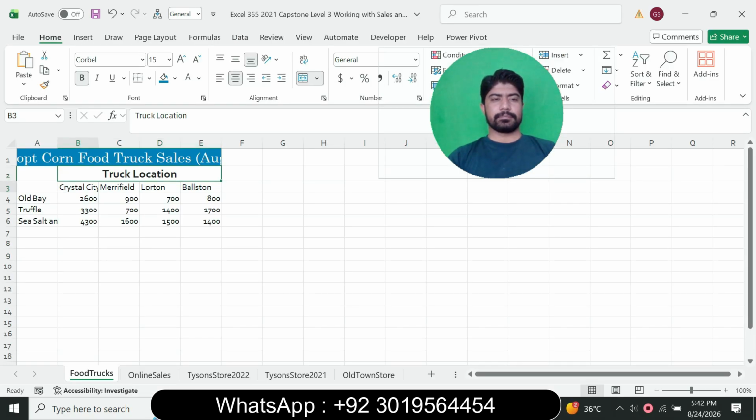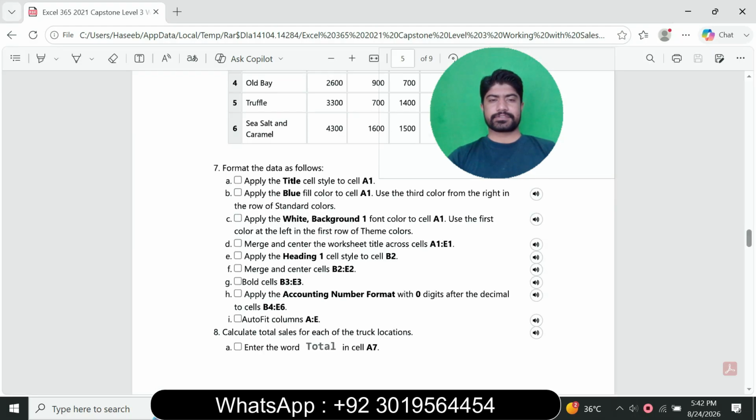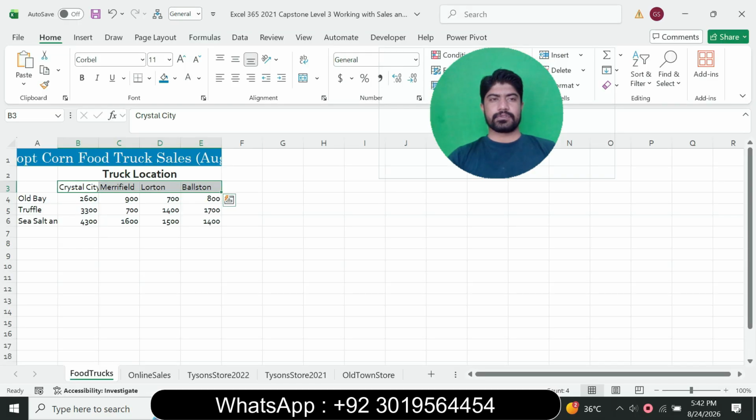Select the cell B3 to E3, bold the cell. So go to the Home tab, go to the Font group and click bold,